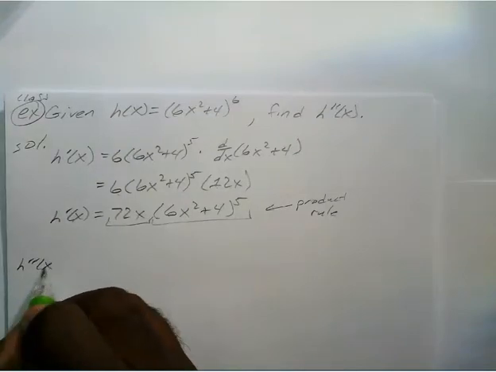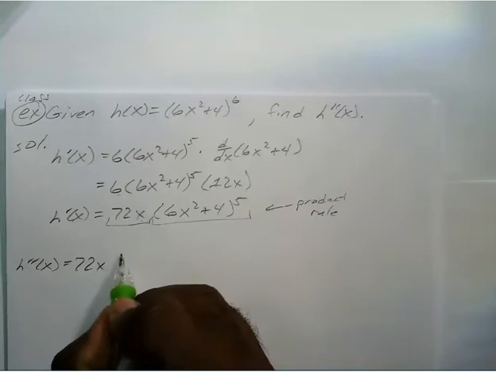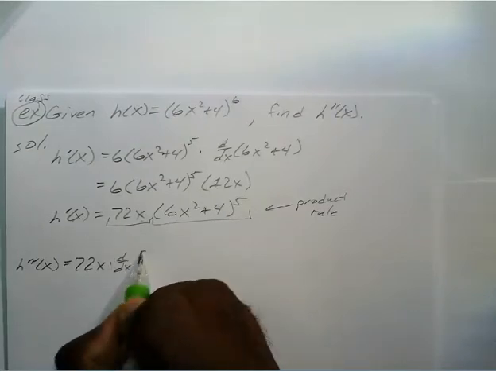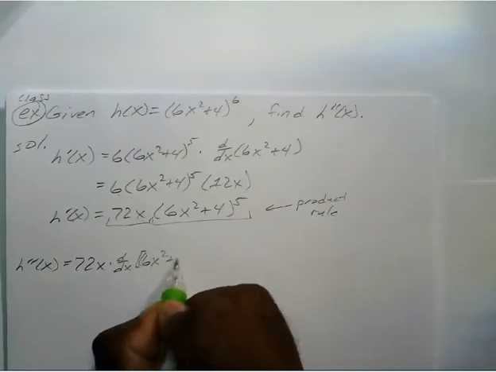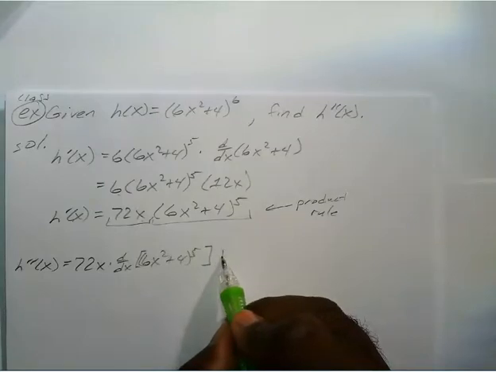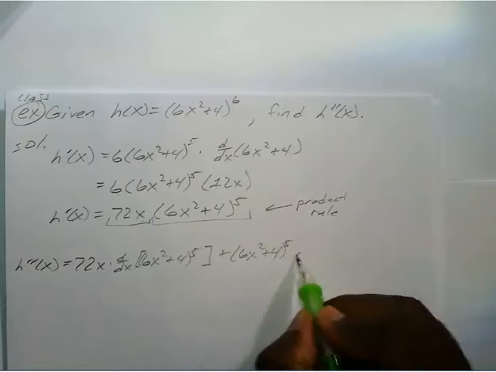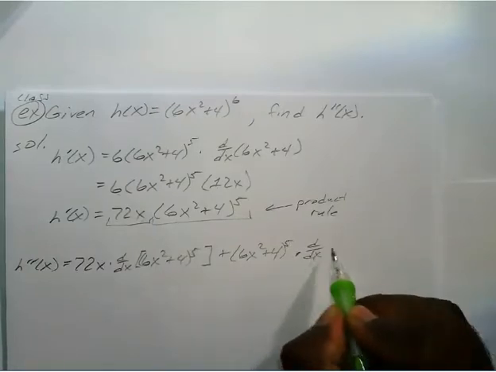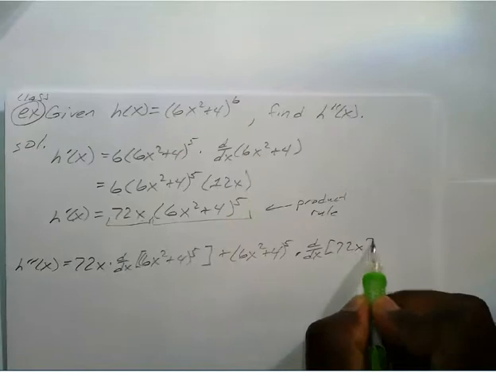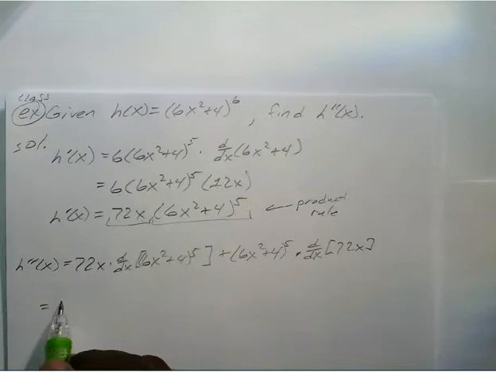Okay, so to find our second derivative, we have our first, 72x, times the derivative of the second, plus the second times the derivative of the first. There, the first times the derivative of the second plus the second times the derivative of the first. All right, so that gives us